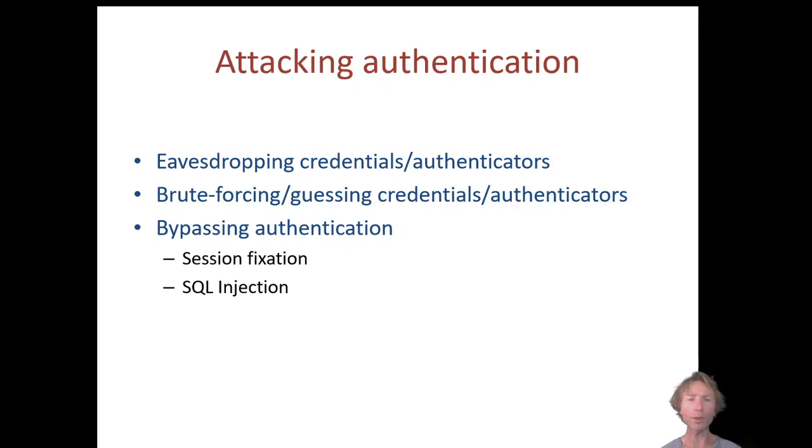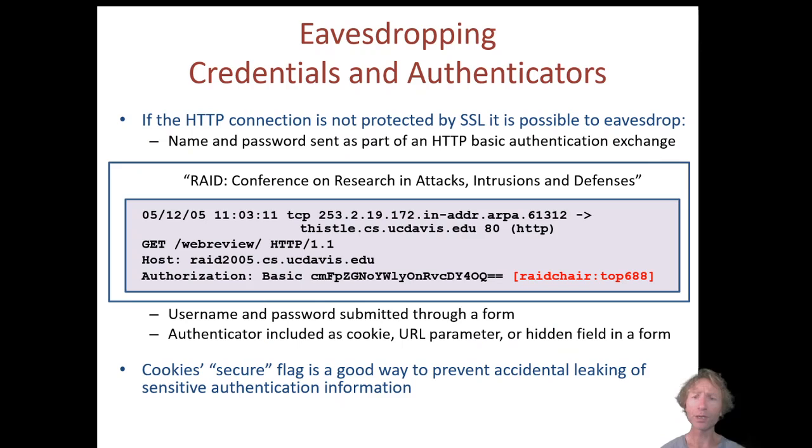And then there is a potentially more interesting class of attacks where we bypass the authentication by means of weak password recovery schemes, or what is indicated on this slide, session fixation, or SQL injection, depends on who you talk to. And we're going to look at all three in turn, but first we're going to look at the simplest one, the top one,